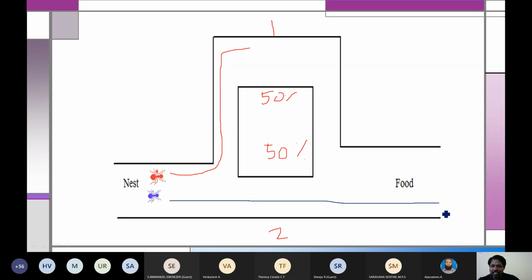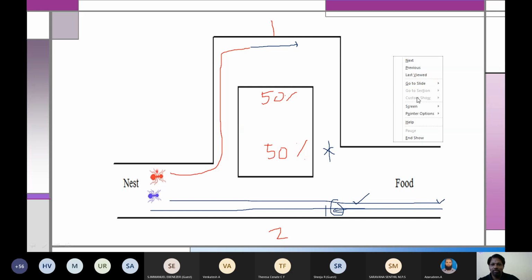So when the second ant has reached and is returning back, I'm sure that the first ant would have reached up to here, right? Because the second path is very short. So when the second ant is reaching here, the first one will reach somewhere here only, because that is the longer path. So the second ant is coming here and it is seeing one option and another option. But on this option there is no pheromone, because the first ant has reached just 70%. So this path has pheromone, so again it will take the same path.